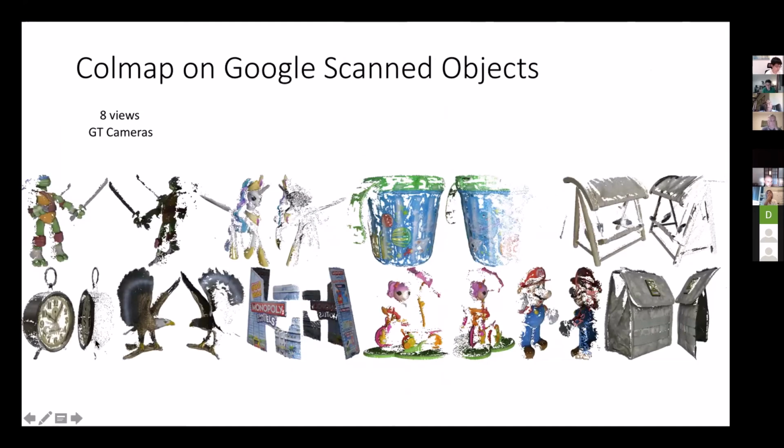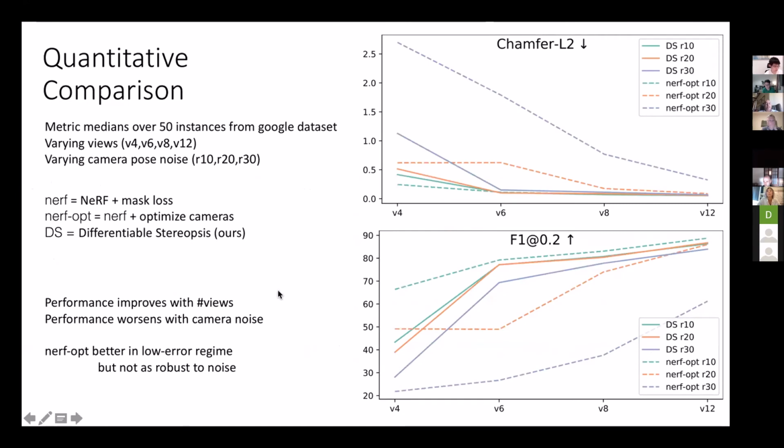Okay, so let's see some more results. COLMAP, the main point is COLMAP is great. I mean, structure from motion is great. It gives you cameras, but it gives you sparse reconstructions, not dense point clouds. And that depends on the luck of the draw, in the sense that some objects have lots of smooth surfaces, some objects have lots of texture, and depending on that, you will do well or poorly. Here are some quantitative comparisons, and basically we are comparing with NeRF here.